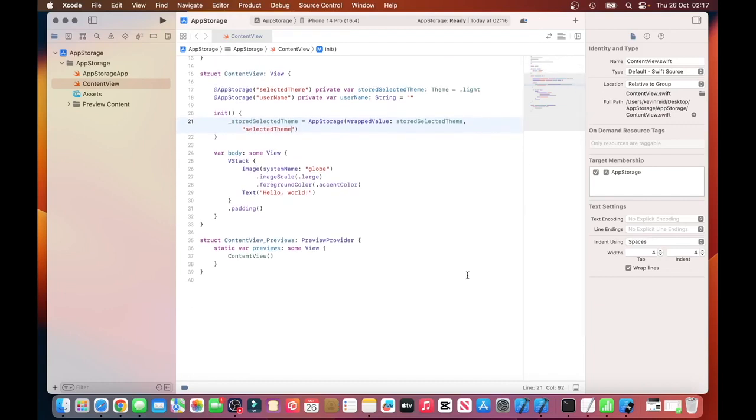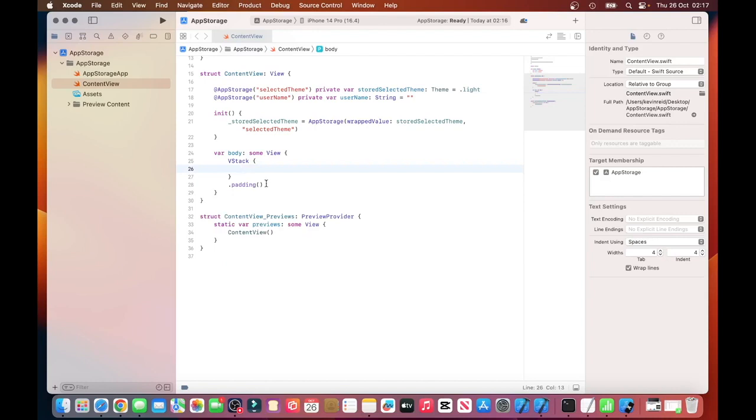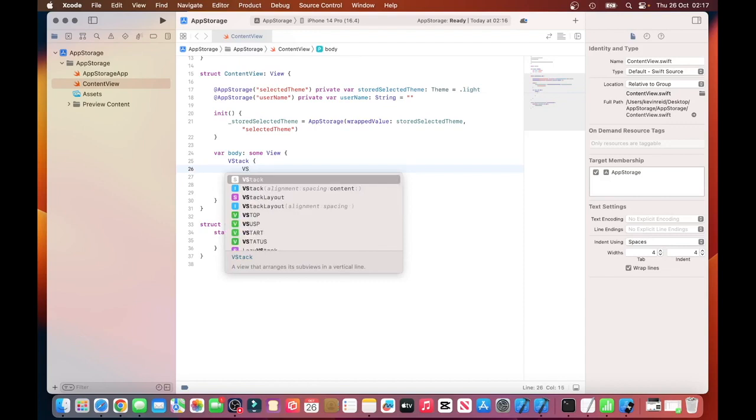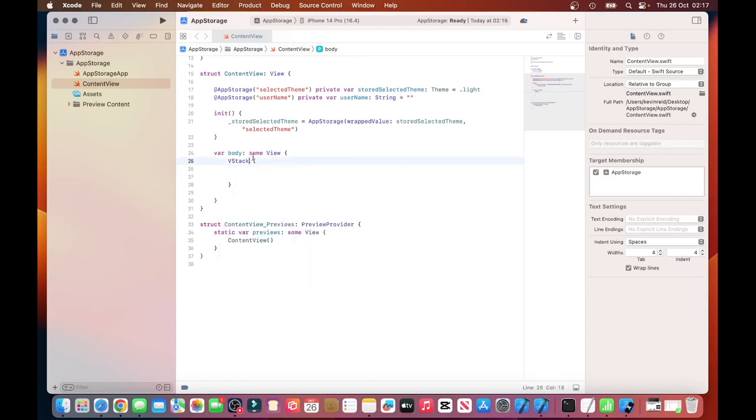The next thing we need to do is delete lines 26 to 29 and also delete line 28, and then type in VStack. We can use this VStack. So just type in open bracket spacing 20 and then